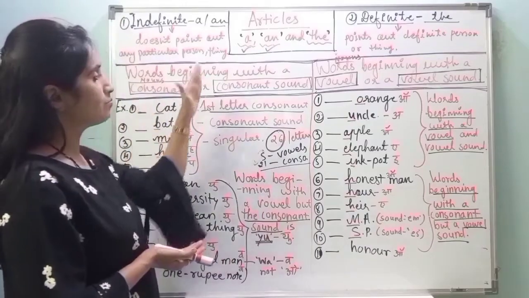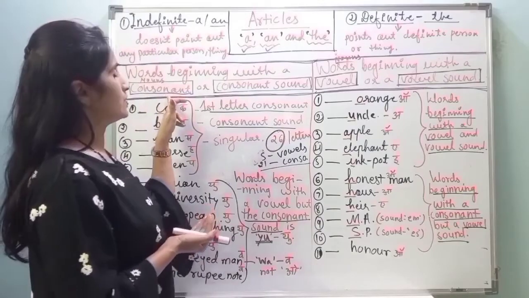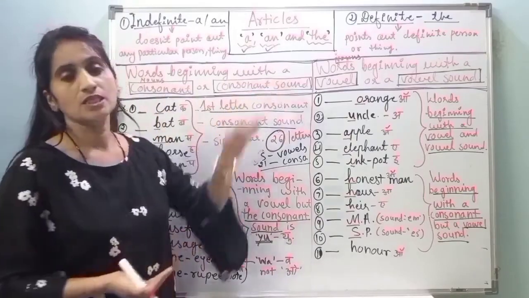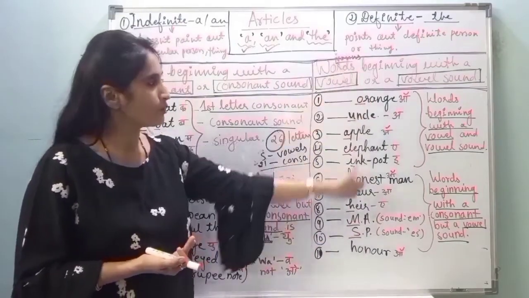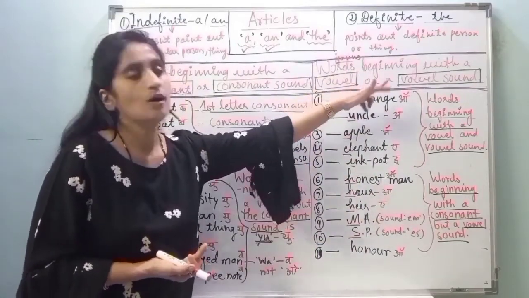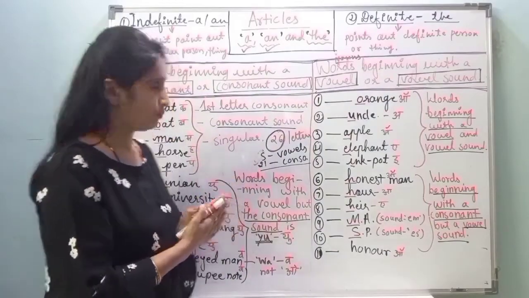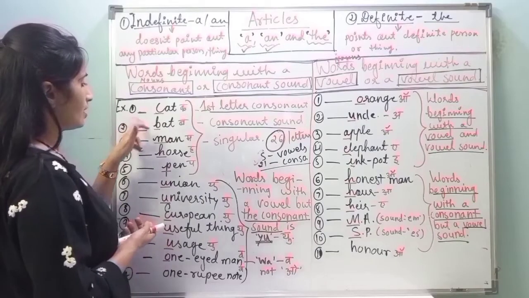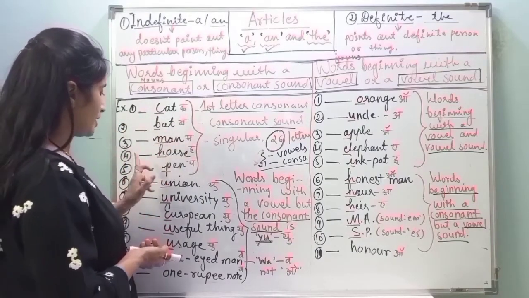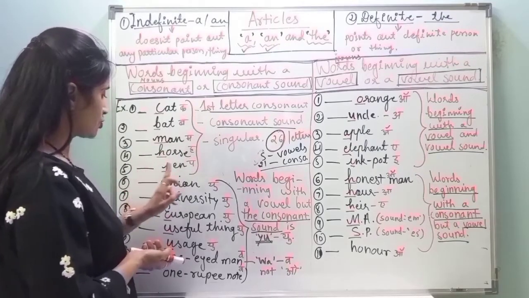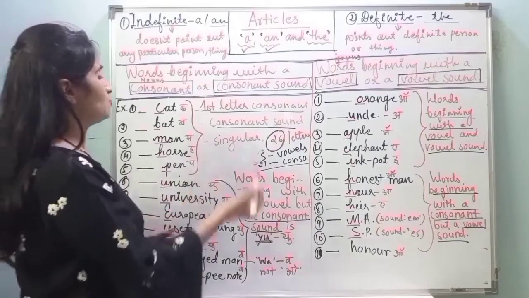Here I have written some nouns. Some words are written here beginning with consonant or consonant sound. And here are some words or some nouns beginning with a vowel or vowel sound. Let us study these words now. See here, cat, bat, man, horse, pen. Now let us study how these words